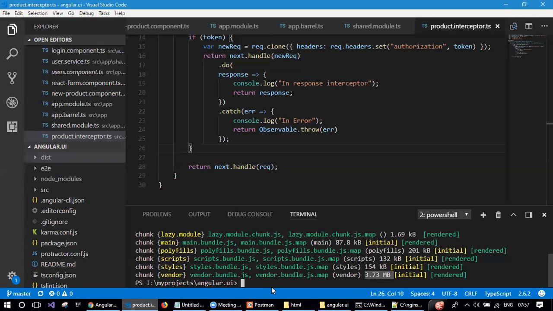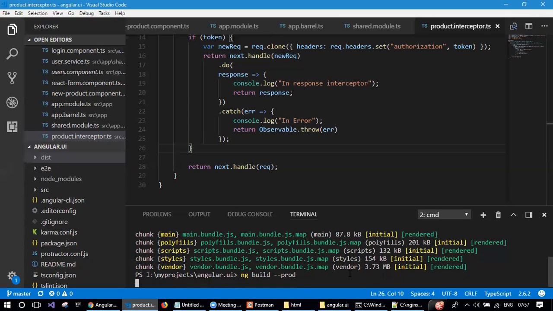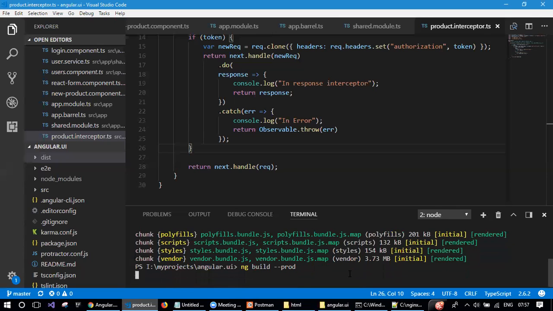Unless this vendor bundle is changed, there is no need to download it again. But for the first time, the initial load time is going to be horrible. So for production, we won't deploy this site like this. Rather, we'll use another configuration, --prod, for prod. And for this prod,